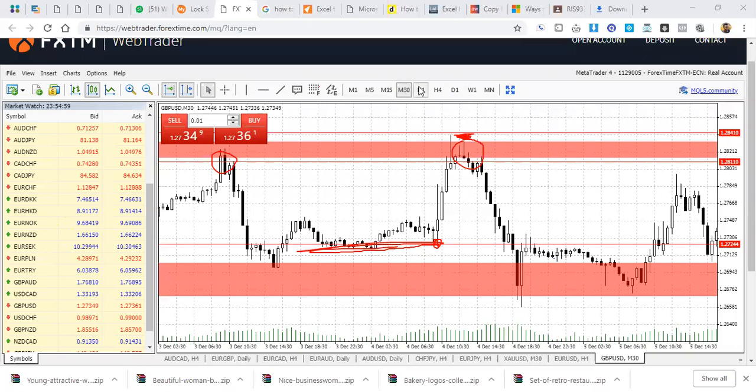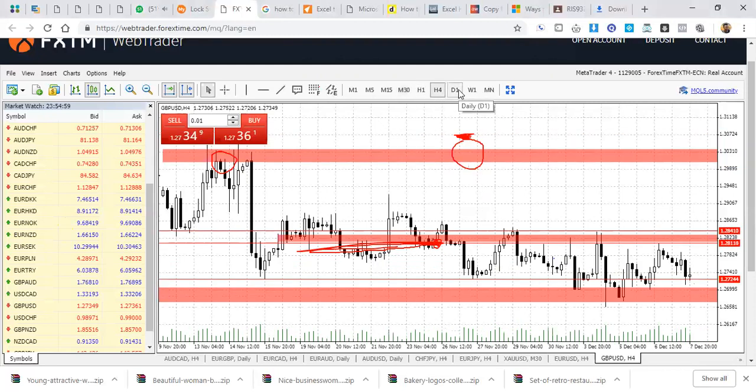Of course, when you're about to draw zones, you have to consider two things. If you're drawing a zone, you have to look at places where you're going to take trades. That means you're going to be looking, say, for